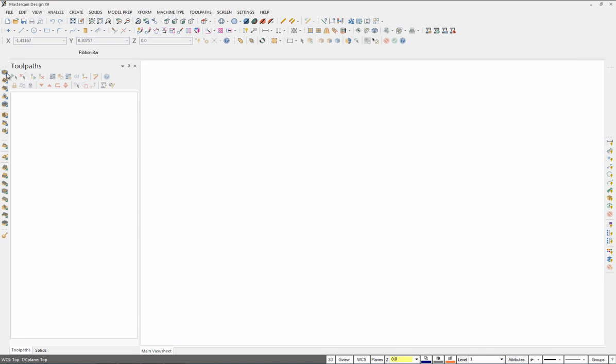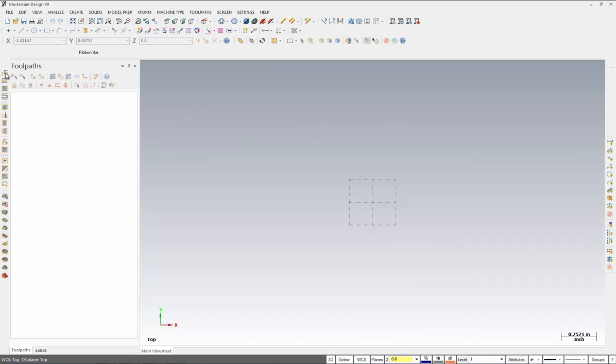What I haven't done also is come up to the section here, right-click, load workspace, and select 3D toolpaths. Along the left-hand side here, these icons will change, and these are now our 3D toolpaths along the side. So now that I'm all ready to go, I'm going to continue on with step number 2, which is